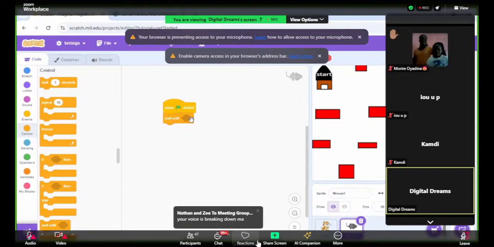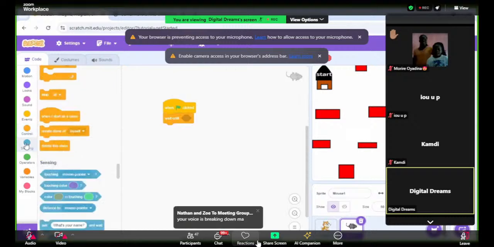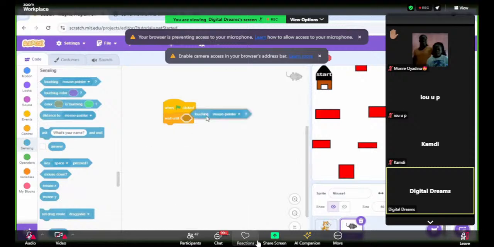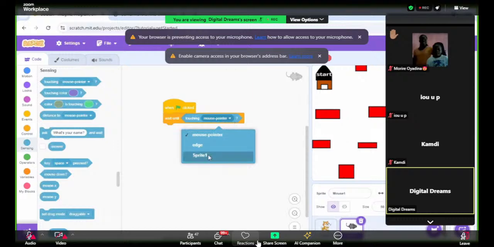Now we are using it again, okay. You go to your sensing and get your mouse pointer block, drop it here and change it to sprite 1. Our sprite 1 is cat, right? So you click on sprite 1. So when green flag is clicked,